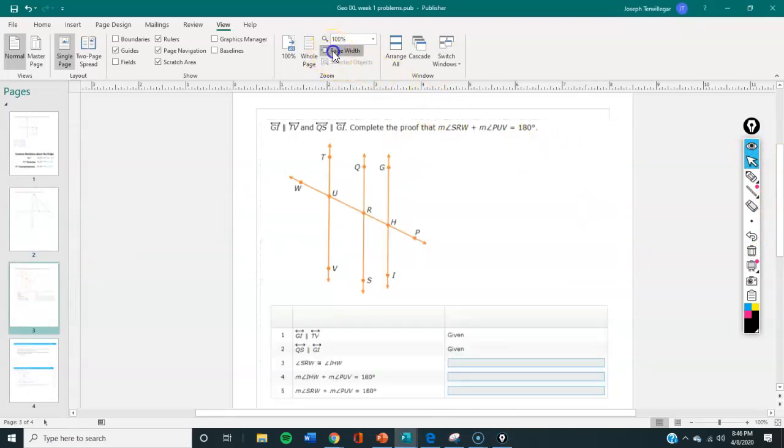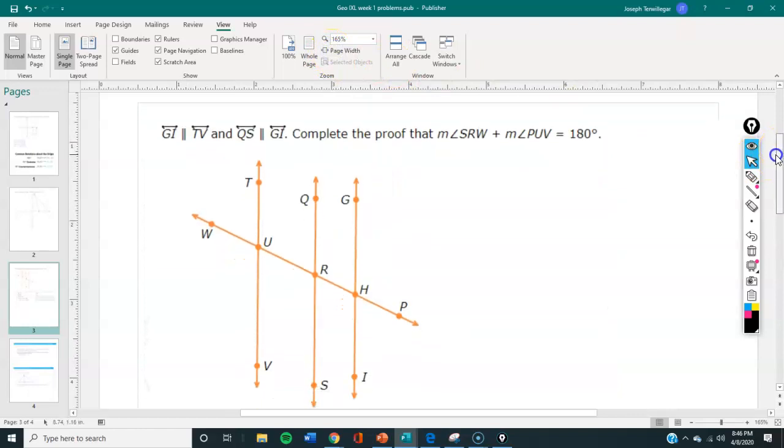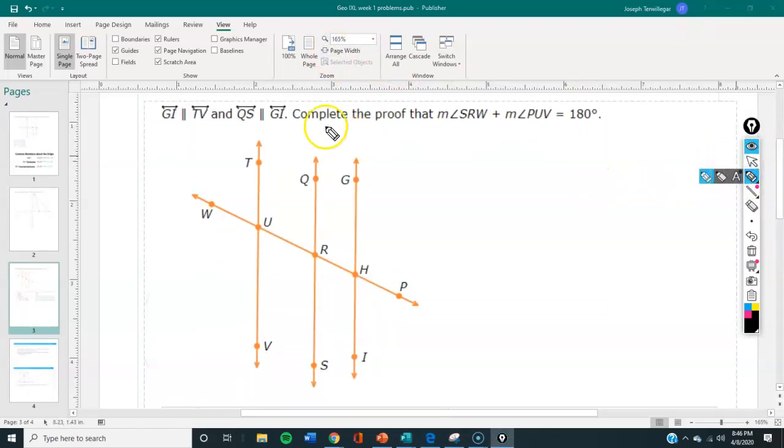Return of the killer proofs. Alright. What lines do we know are parallel? So we know GI is parallel to TV. And we know that QS is parallel to GI. But we don't know that these two are parallel. We don't know that. We want to prove that